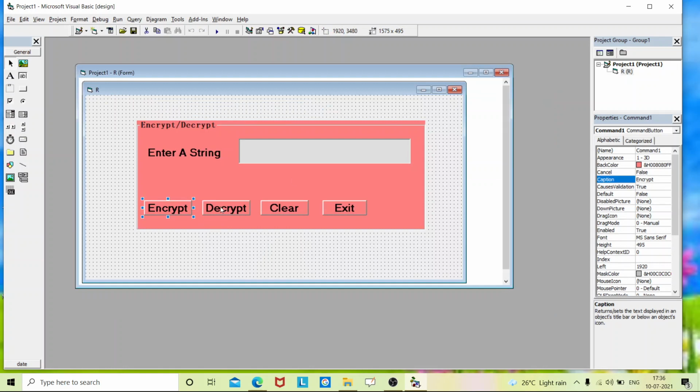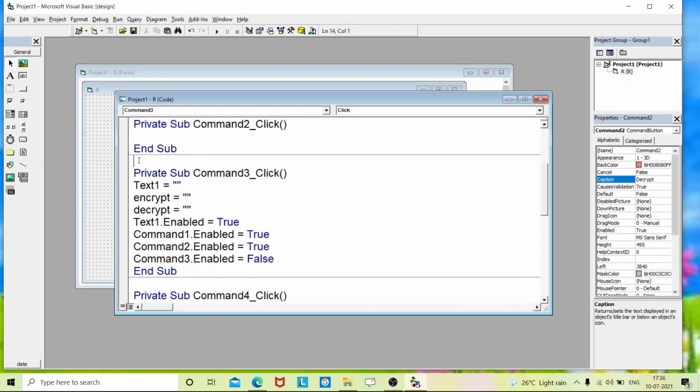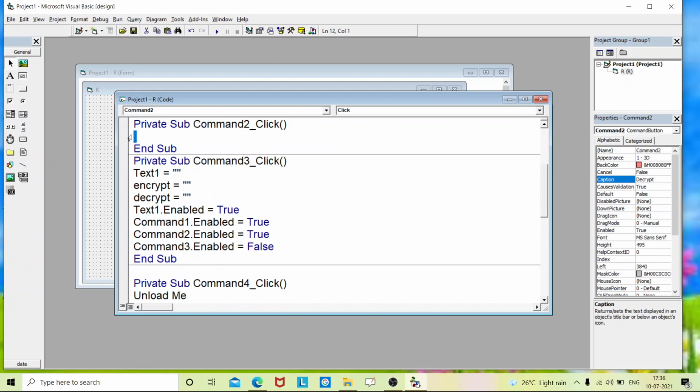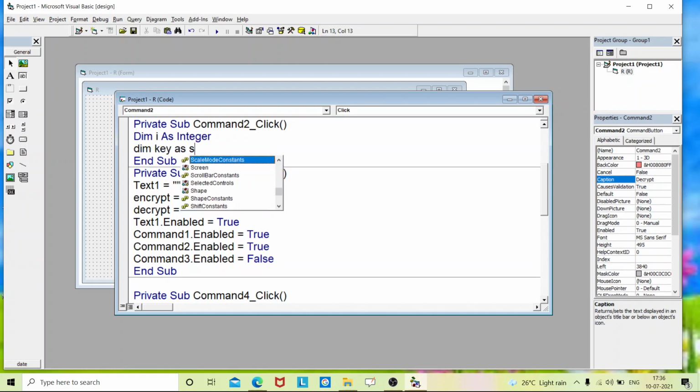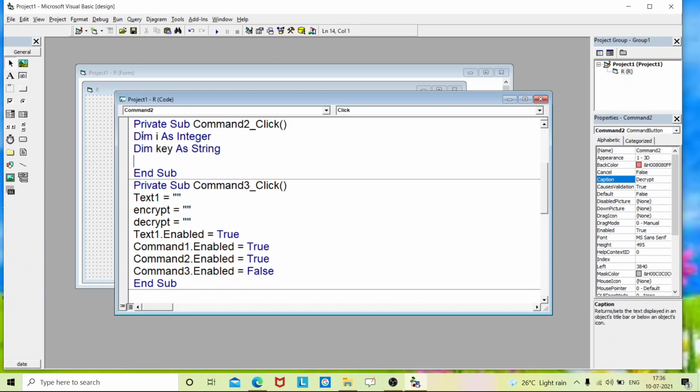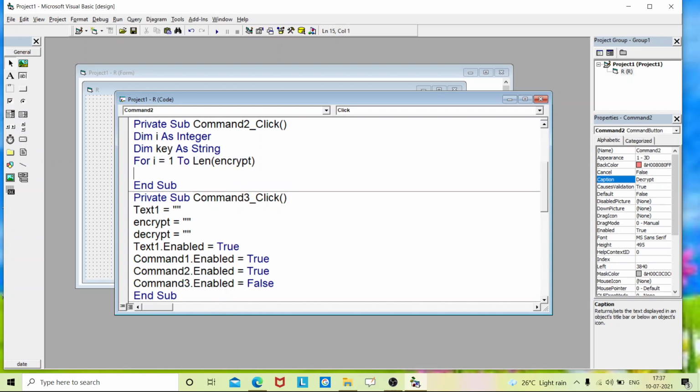And finally the last button, double click on this. This is the last coding. Here we need to declare some variables: i as integer and key as string. Enter. Now we start the loop. So i = 1 to length of the value which is stored in the encrypt text box, that is encrypt. Enter.